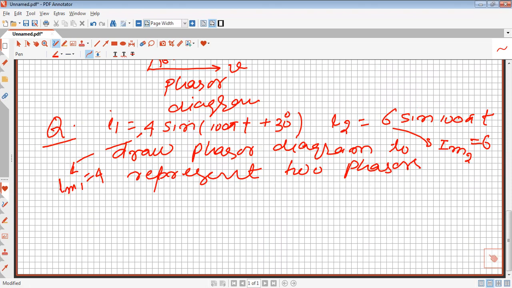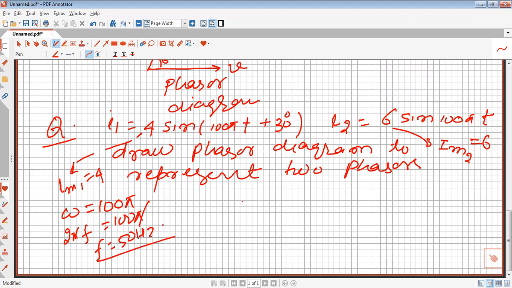Here it is sine and it is sine also. If they are not the same, we cannot compare. Suppose if it is cos here, we have to make both either sine or cosine, as already discussed in the beginning of this lecture. If you compare, this is omega t, and omega is here 100 pi. We know omega is 2 pi into f, so pi will be cancelled, and the frequency will be 50 hertz.